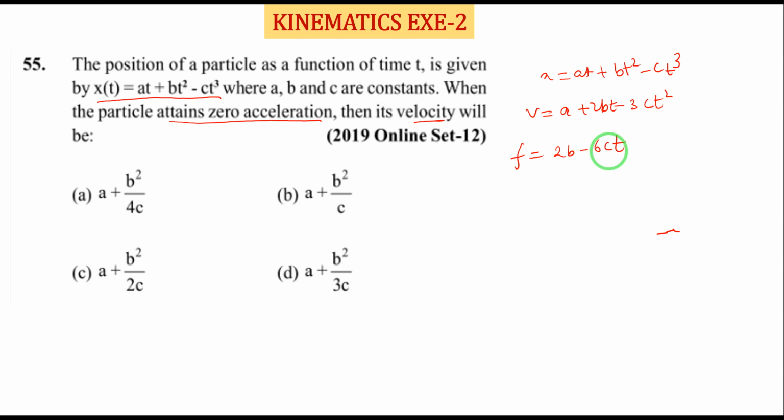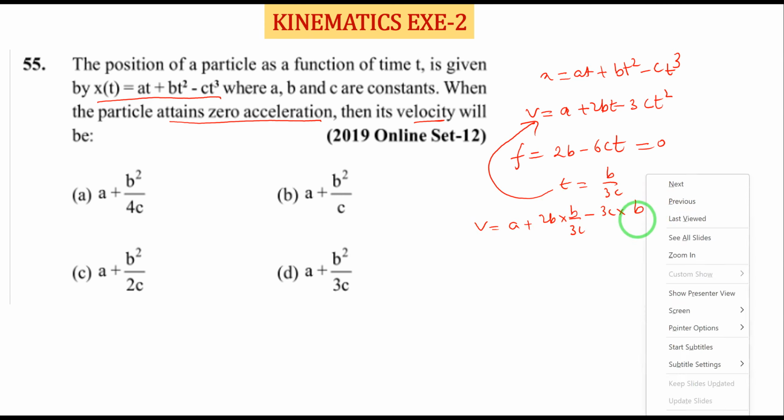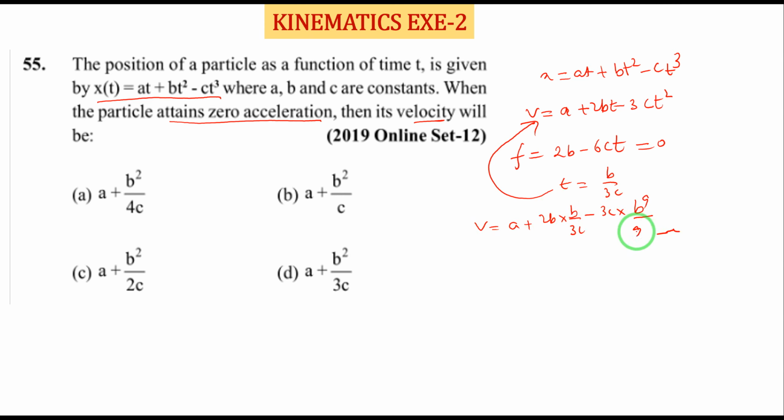Okay. Now the acceleration has to be 0, so make it equal to 0. So time will become b upon 3c. At this point of time, what is the velocity? So put in equation number 2, velocity equals to a plus 2b into b upon 3c minus 3c into b square upon 9c square. Okay, so it is coming